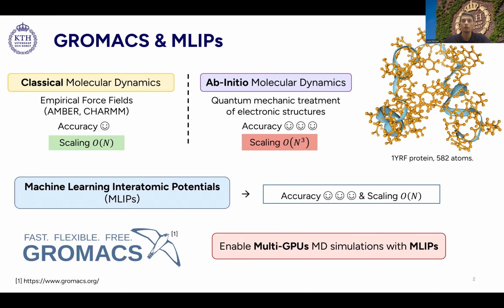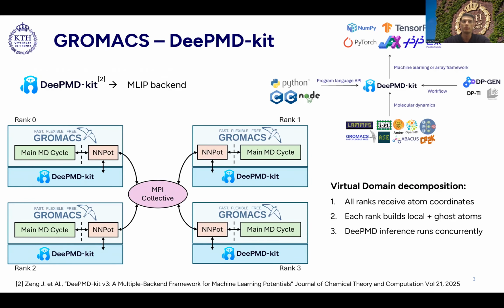In particular, these models have a very high memory footprint, and therefore distributed inference on multiple GPUs is required. In this work, we coupled GROMACS with DeePMD-kit, which is a popular framework for deep potentials. To allow distributed inference on multiple GPUs without the need of an intrusive code refactoring, we introduced a virtual domain decomposition such that each MPI rank builds its own subsystem and performs the DPMD inference task on its own GPU